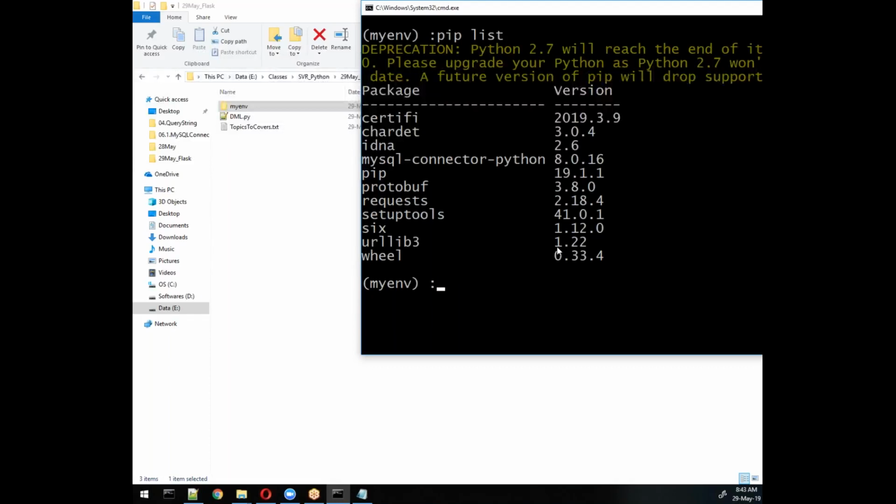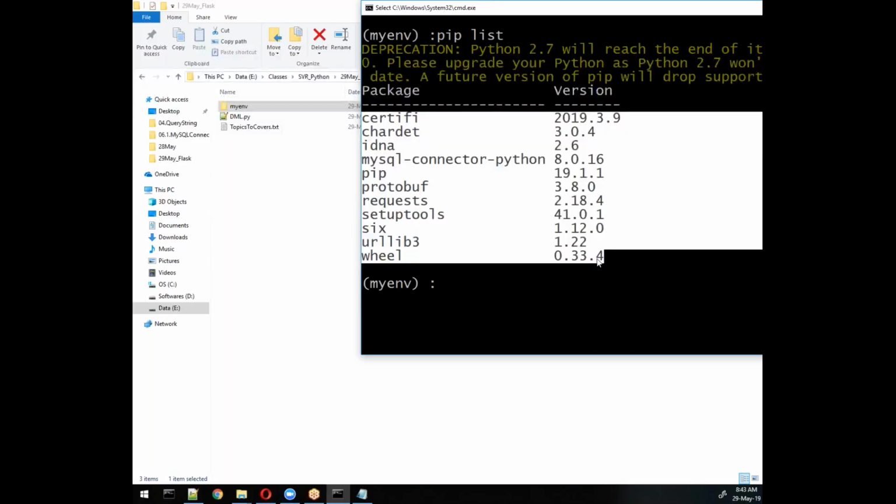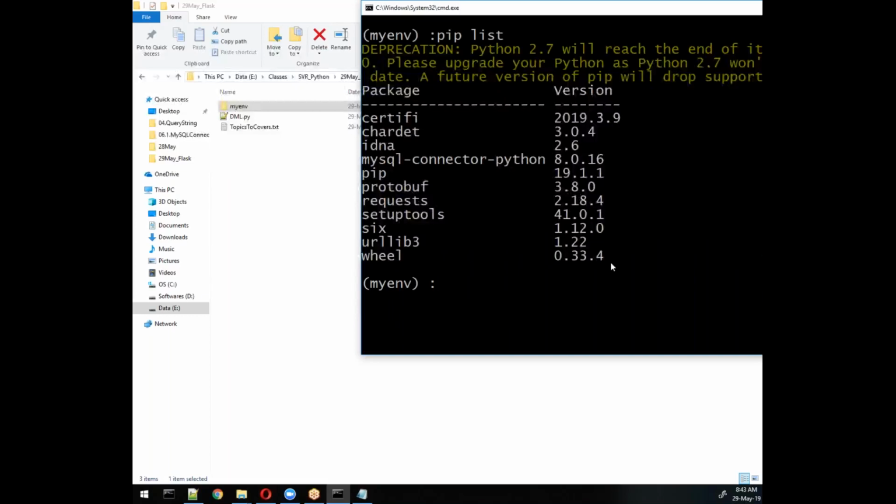What is the purpose of a requirements file? This file will help us back up this environment in text format. This whole thing it will write into one text file. Remember, it will be in text format, and that one we can load into another system directly. How? I will show you. That means copying and pasting your environment to another system. At the time of deployment you will face this type of challenge, so that's why you should know.